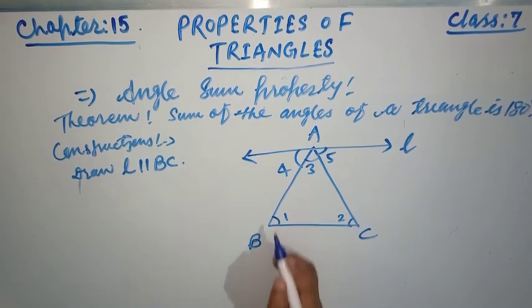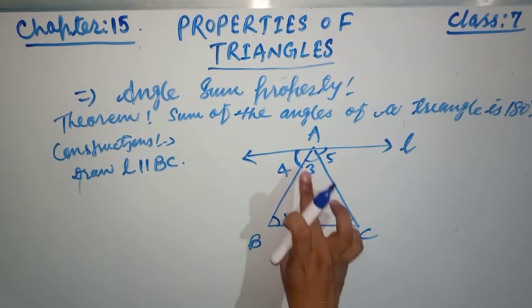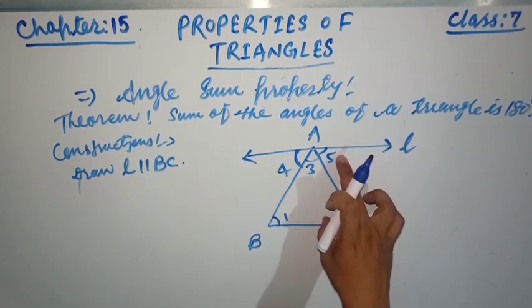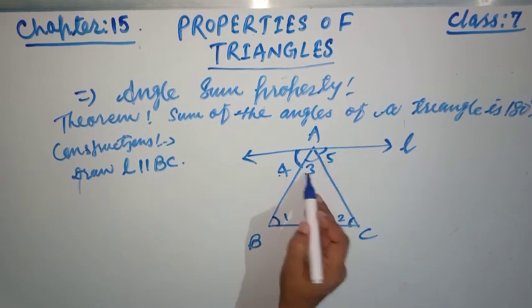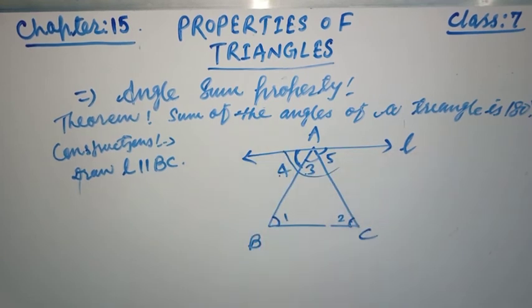Very simple, friends. So this angle and this angle are congruent, because they are alternate interior angles, and this angle and this angle are equal, alternate interior angles. Okay, and now the sum of angle 4 plus angle 3 plus angle 5 is equal to 180, because L is a straight line, friends. Okay, now